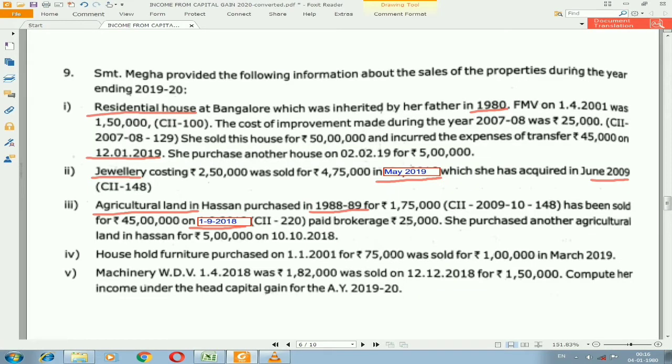Machinery will come under the category of depreciable assets, because machinery has value that will decrease in the future. That is the reason these kinds of assets will be considered as depreciable assets. If it is a depreciable asset, no need to check the dates, you can easily go with short-term capital asset. So all the assets whose value decreases will be considered as depreciable assets. Those depreciable assets will be treated as short-term capital assets.